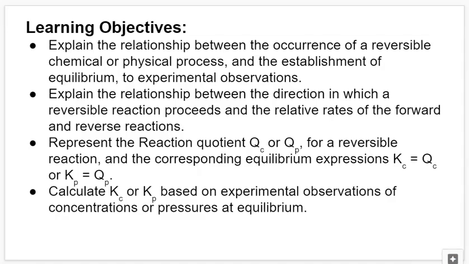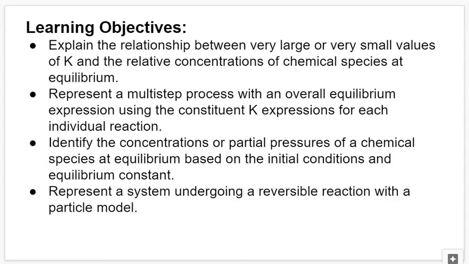So the learning objectives here are to explain the relationship between the occurrence of a reversible chemical or physical process and the establishment of equilibrium to experimental observations, to explain the relationship between the direction in which a reversible reaction proceeds and the relative rates of the forward and reverse reactions, to represent the reaction quotient Qc or Qp for a reversible reaction, and the corresponding equilibrium expressions Kc equals Qc or Kp equals Qp, to calculate Kc or Kp based on experimental observations of concentrations or pressures at equilibrium, to explain the relationship between very large or very small